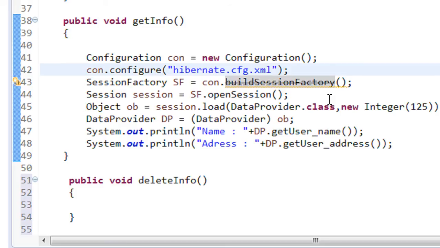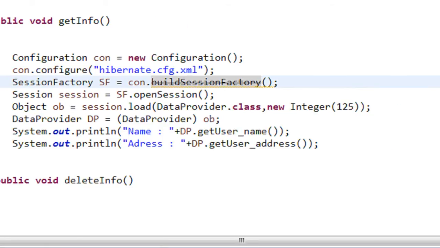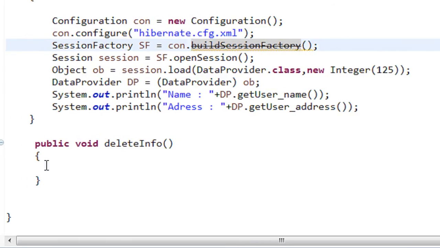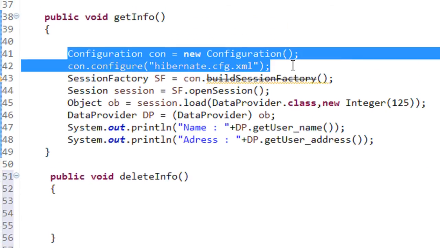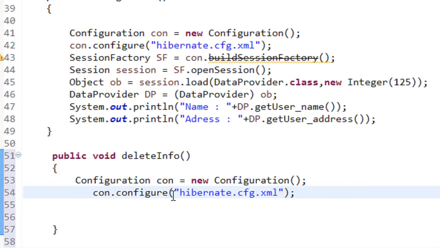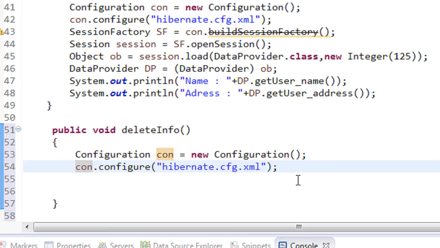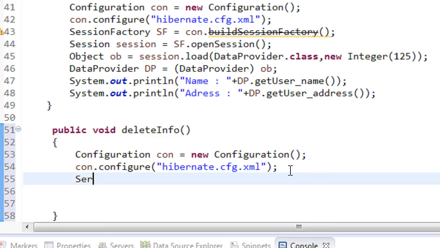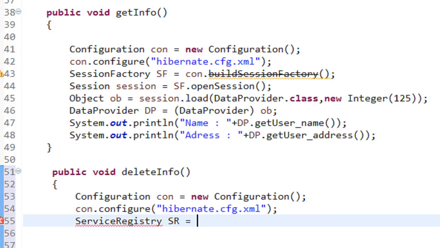First you have to get an object of the service registry class and pass that object into the build session factory method. So you can solve the deprecation problem. First we need an object of configuration, so I copy this code segment. We need the same code here. Before we initialize the session factory object, we have to create an object of service registry. So I'm going to create an object of the service registry class. I name the object sr equal to